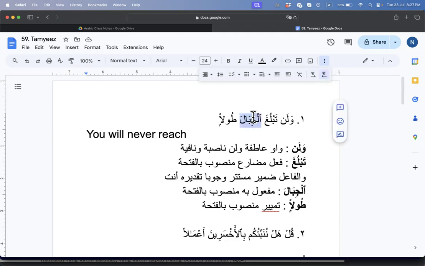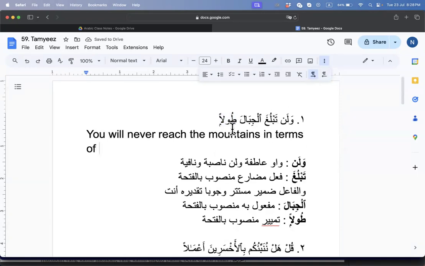Highest mountain. No, not highest, just mountain. Mountains, singular or plural? Jibal. Mountains, yes. You will never reach the mountains. Tulan. This is not the sifa, right? So you cannot say the highest mountains. But what do you say? How to translate? In terms of,